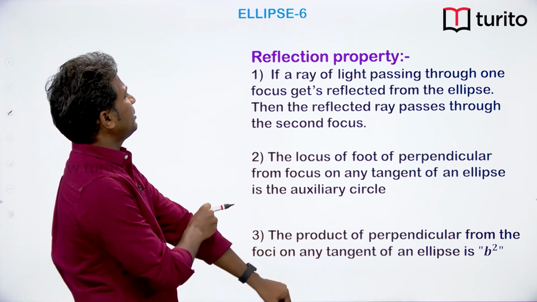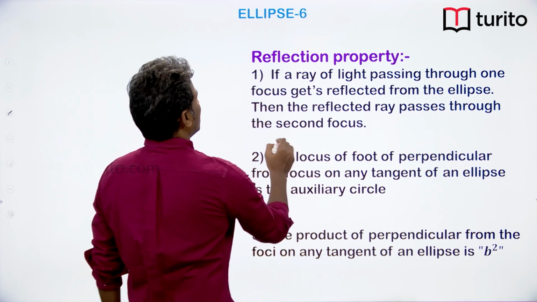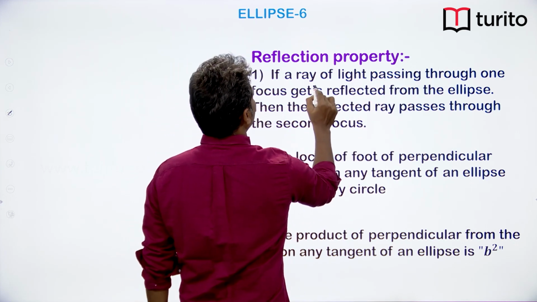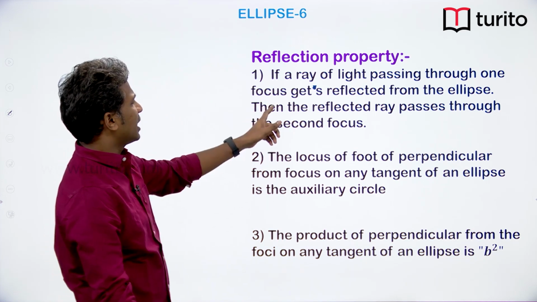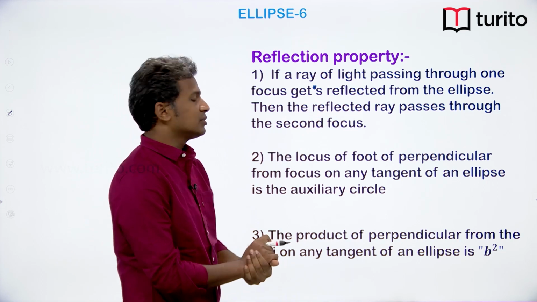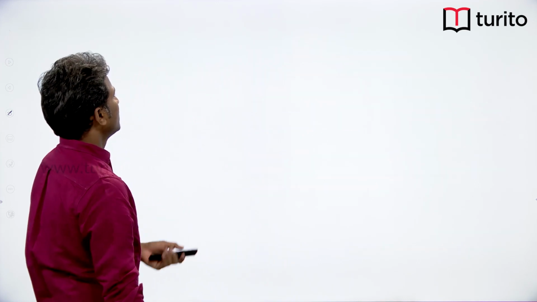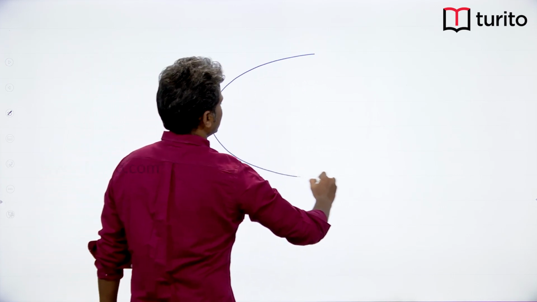if a ray of light passing through one focus gets reflected from the ellipse, then the reflected ray passes through the second focus. Let us prove this using simple geometry. We have one ellipse here,